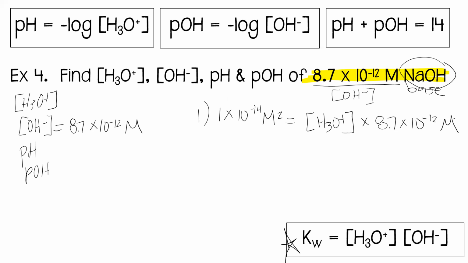I know my Kw value, I know my OH minus concentration value. I am solving for the hydronium. So you're going to divide both sides by the OH minus concentration. So go ahead and do that. Make sure you're typing in your calculator correctly. And solving for the hydronium ion concentration, I get